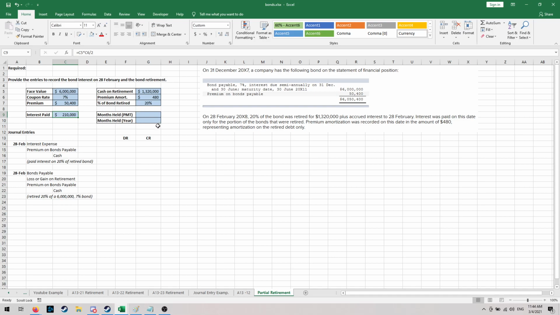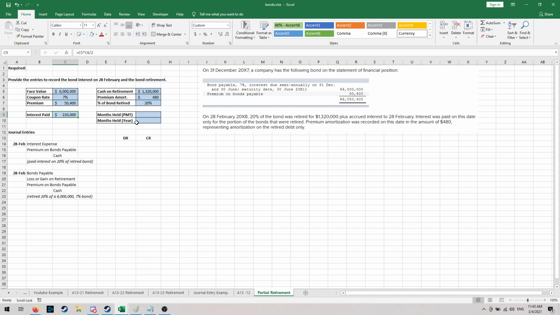Remember, we're not retiring this bond on an interest payment date on a nice even date. Our last interest payment date would have been the 31st of December 2007, but now it's February 2008, and this is the date we're retiring the bonds. And what this means is that 2 months have passed. You can either look at it as 2 months between payment dates have passed. So since there are 6 months of payment dates, 1/3 of the accrual period has passed,